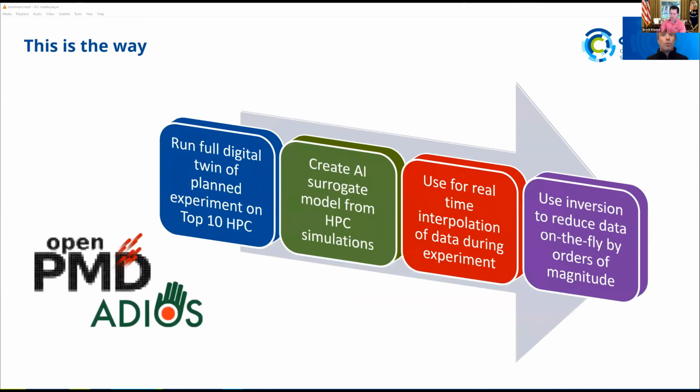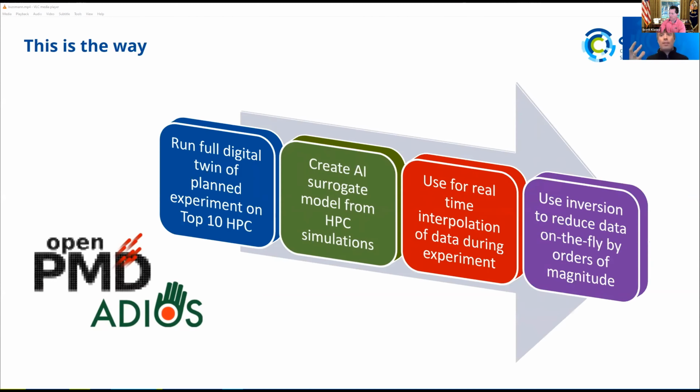So this is my short overview of how we are using ADIOS here at the Center for Advanced System Understanding at the Helmholtz Center, Dresden-Rossendorf. We use it for running full digital twins that connect a lot of different simulations. And we also use it as an input to really large scale AI modeling to create surrogate models for experiment,